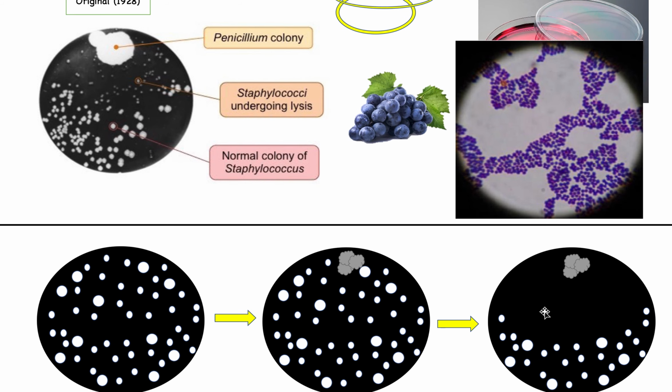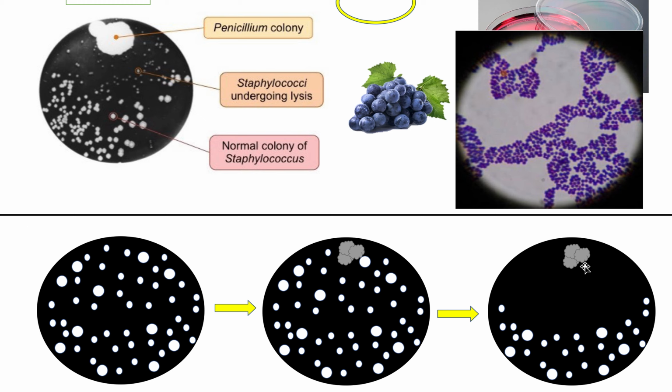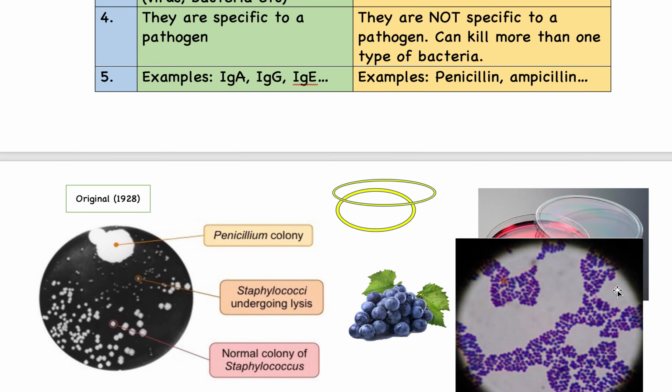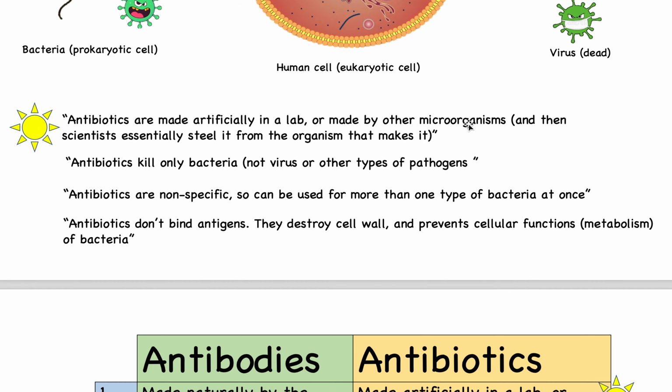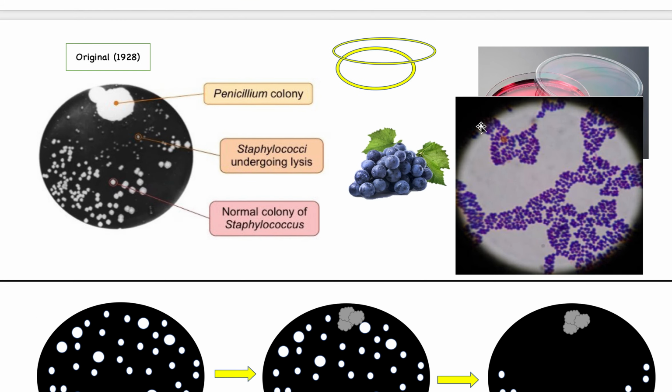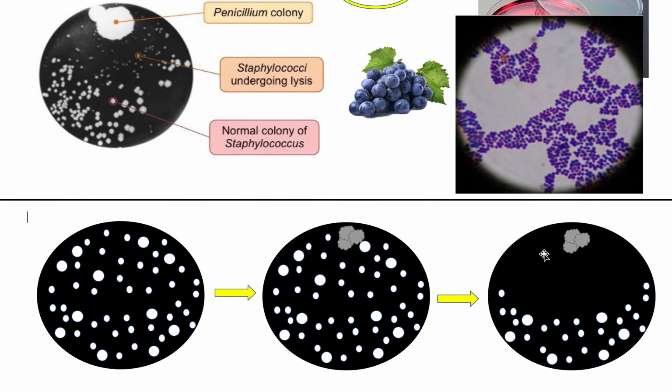Okay, and that's what he was thinking, and it ended up being that this specific thing that's killing all these bacteria was penicillin. So these fungi were making a drug called penicillin by themselves and caused all these bacteria to die around them. Okay, so that's what I meant when I said other microorganisms can make it, because essentially after the scientists discovered that these fungi were making a drug killing bacteria, they were like, holy crap, how about if we can find a way to extract that